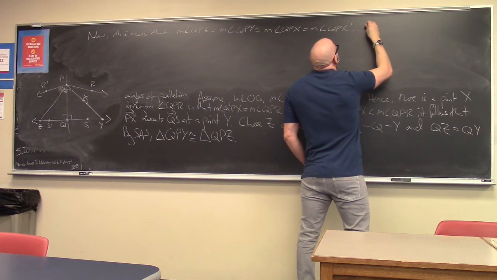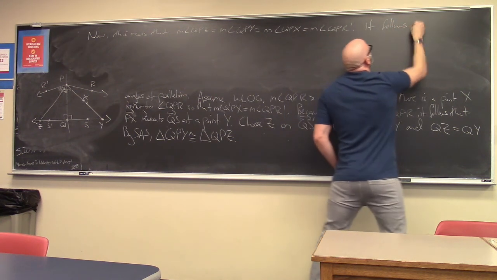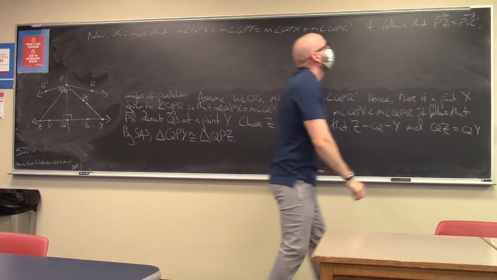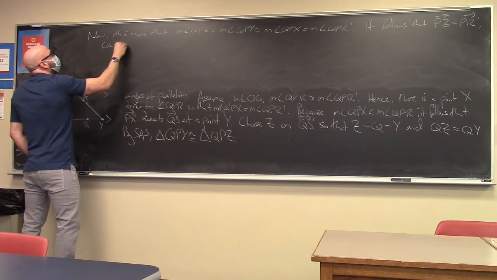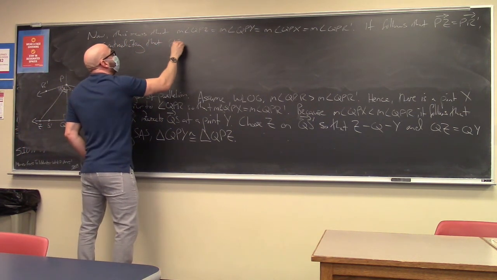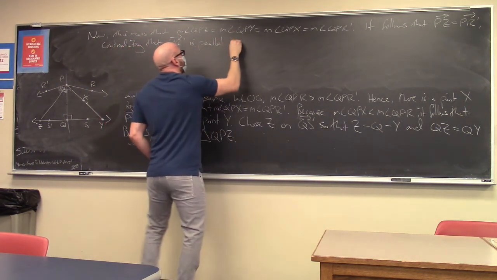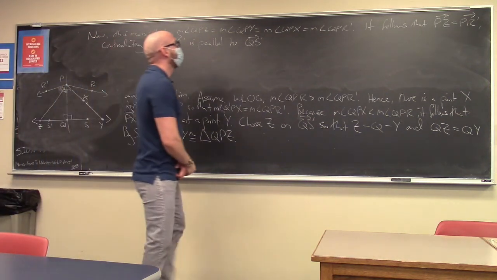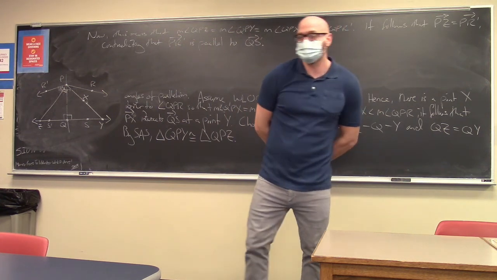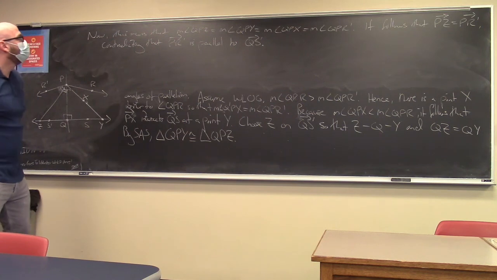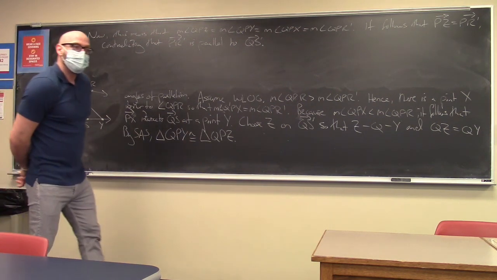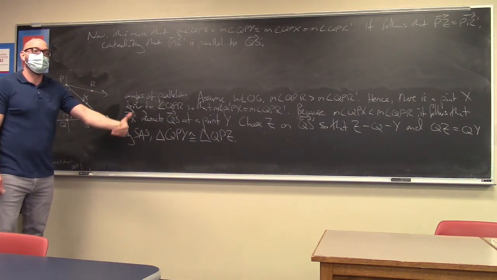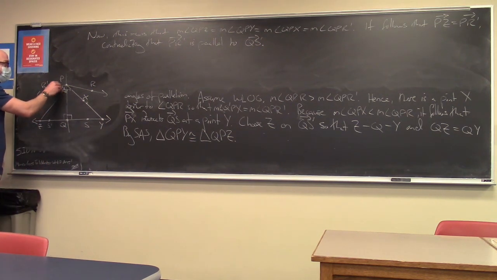So, what does it follow? It follows that PZ is the same ray as PR prime, contradicting that PR prime is parallel to QS prime. We never wrote this fact explicitly, that PR prime is parallel to QS prime, but this is by definition, right? Or not by definition, but by what we've proven. Because this is the angle of parallelism, this is a parallel line,